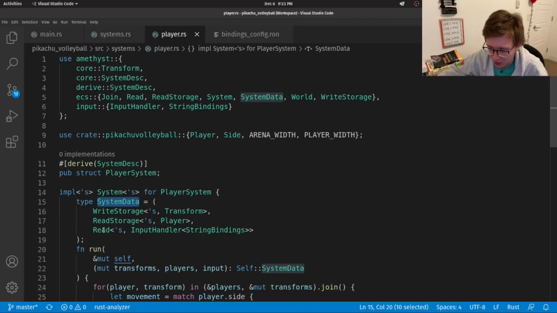So, for example, with read, we're getting an immutable reference to the input handler resource. With read storage, we're getting an immutable reference to the entire storage of the player component. And with write storage, we're getting, well, a mutable reference to the entire storage of the transform component. Whenever you have storage, you know that we're dealing with components, and whenever you don't, you know that you're dealing with resources.